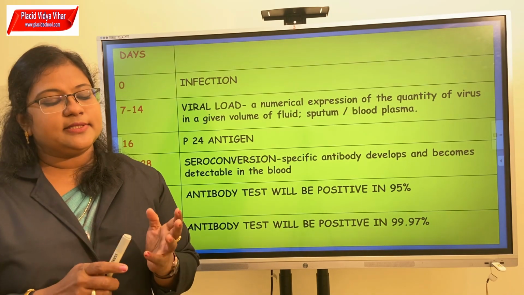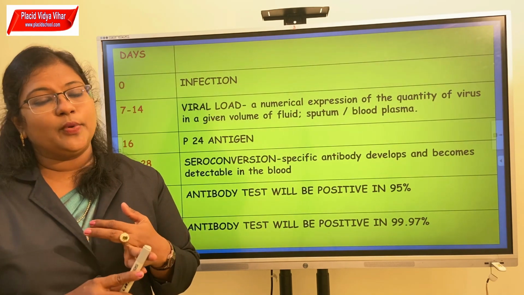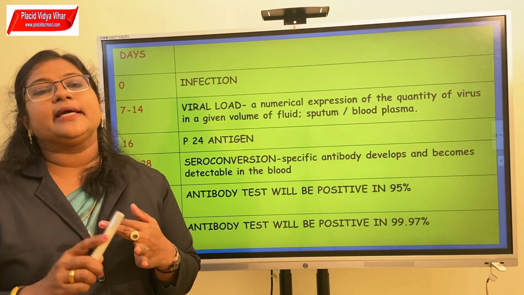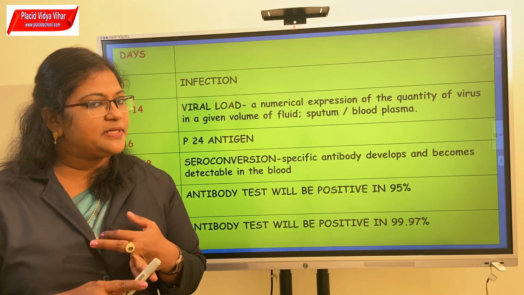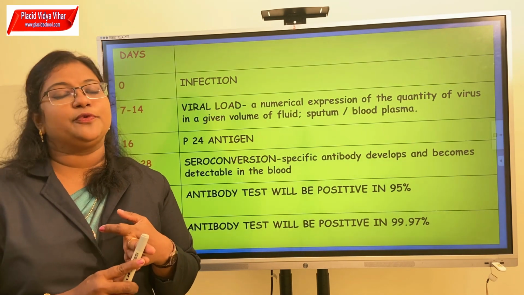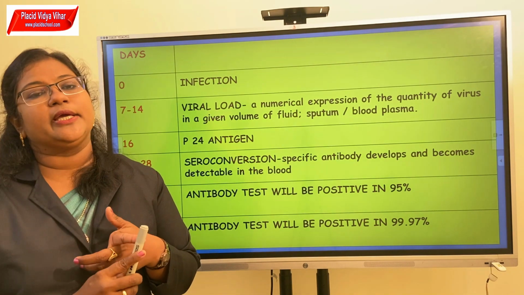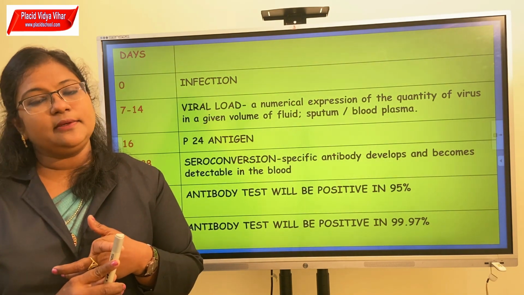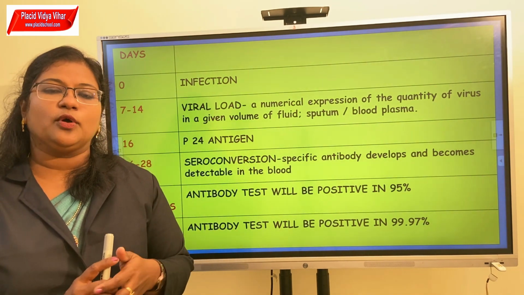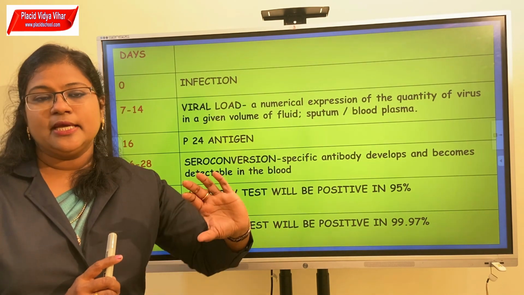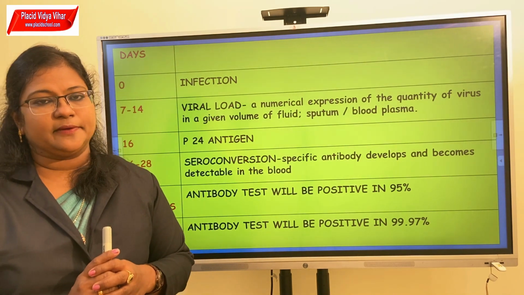So, is that clear? It's day 0, you have an infection. Day 7 to 14 is called viral loading or viral titer. At that time, you can notice the provirus in the integrated stage by using techniques such as real-time PCR. You can also detect the presence of P24 antigens. From day 28 onwards, you can notice the antibodies being produced in the body. Roughly, by the 3rd week onwards, you can detect antibodies or P24 antigen, in the initial stages of 16 to 24 days. And before that, you can detect this by using real-time PCR.